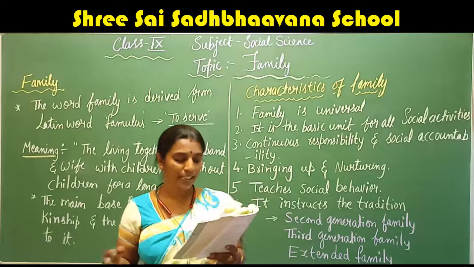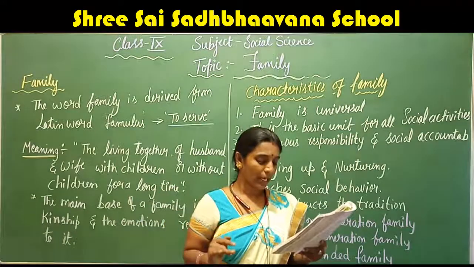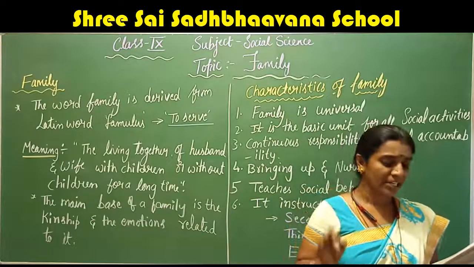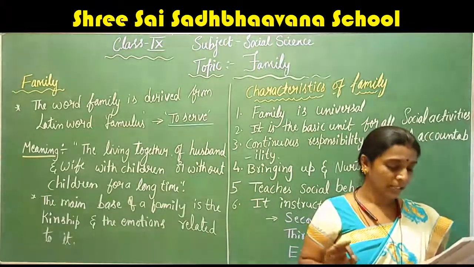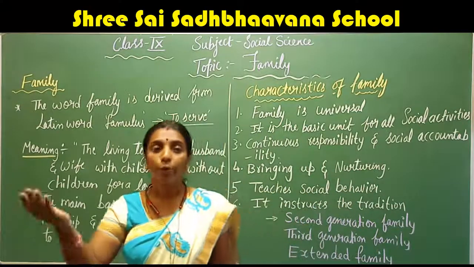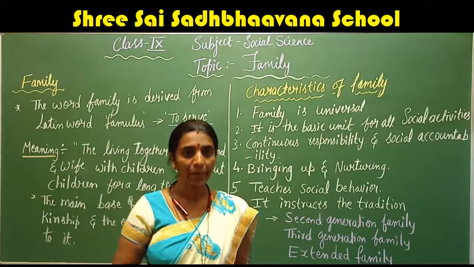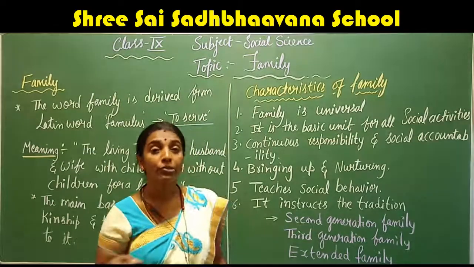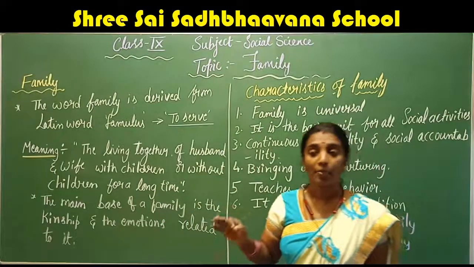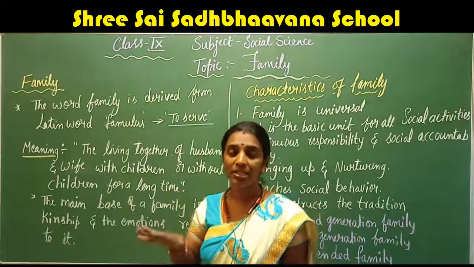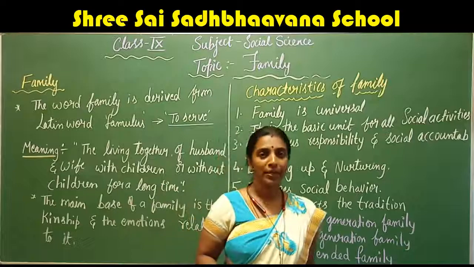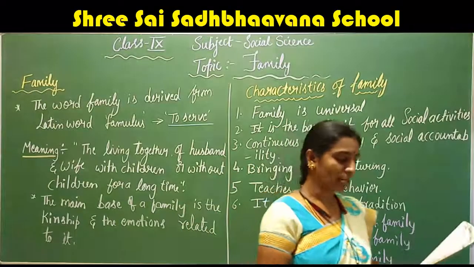Demands and taboos indirectly control the children. This means the social behavior, its demands and taboos indirectly control the children. The family will demand from the child how the child should behave. Taboos mean some restrictions. The family will indirectly have control by restricting some of the customs which are not good according to their family. I hope you understood what taboos are.